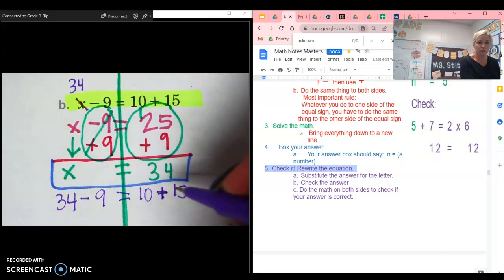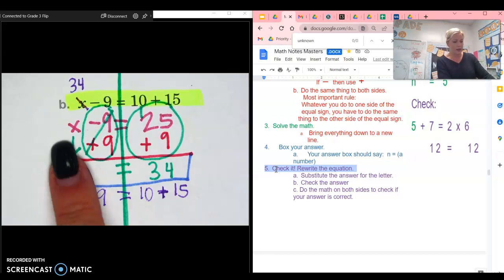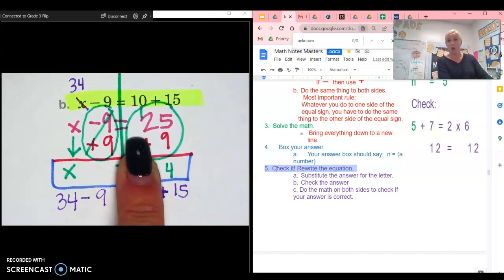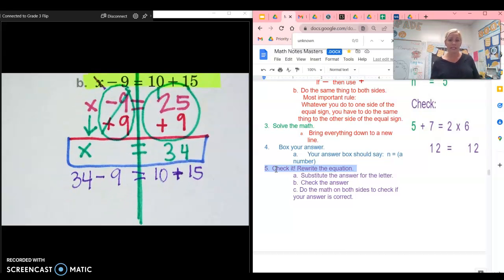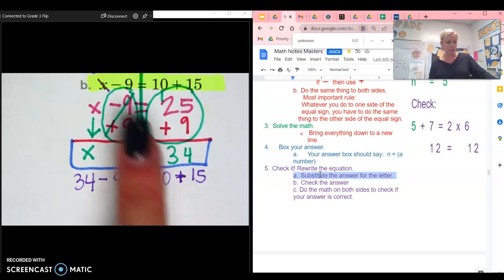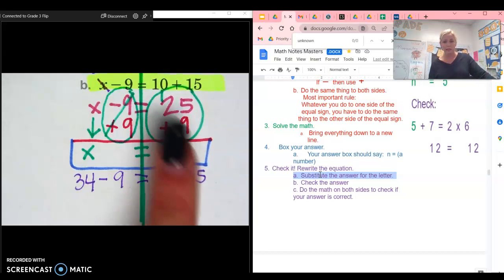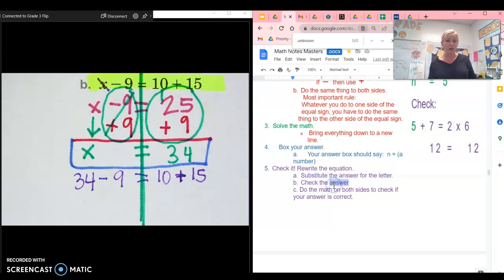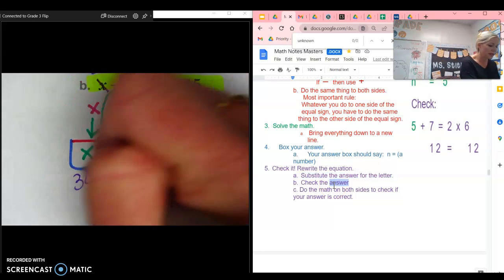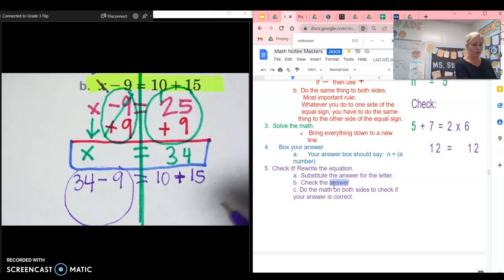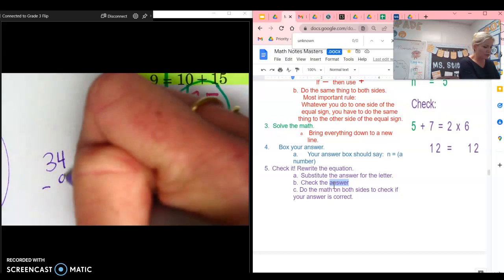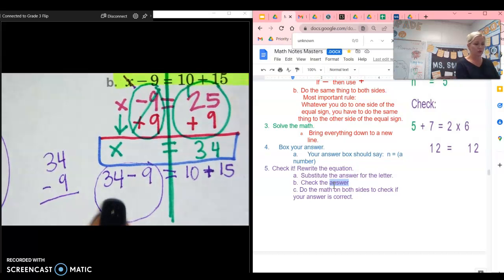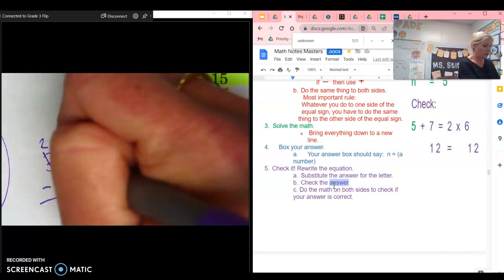And making sure, if you accidentally copy this line, did you follow directions? No. Okay? So go ahead and copy that original line, and it says this. Substitute the answer for the letter. So the X is 34. We're substituting 34 for the letter we had, and then check the answer. How do I do that? Well, I have 2 baby math problems. What's 34 minus 9? Miss, I hate math like this. It stresses me out. Can I write it like that? Sure thing. Okay, so I'm going to borrow, what's 14